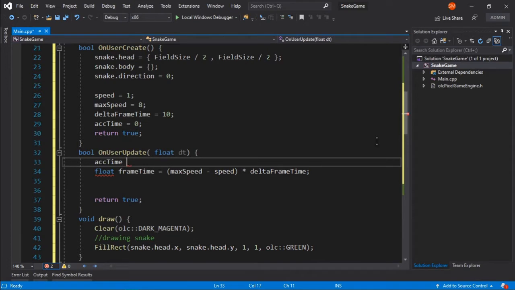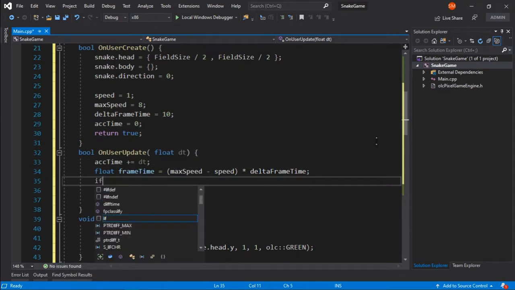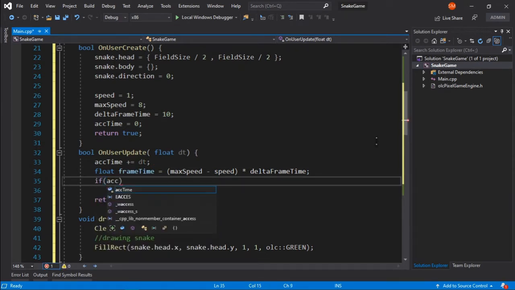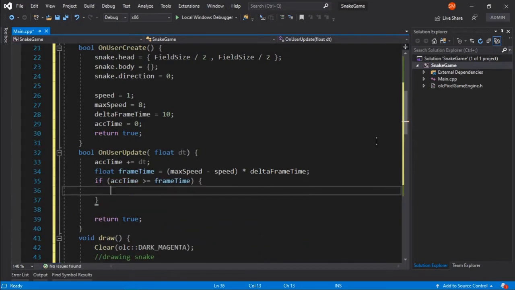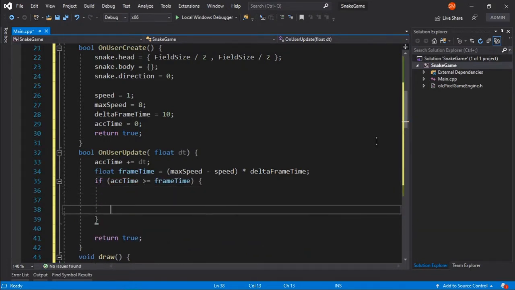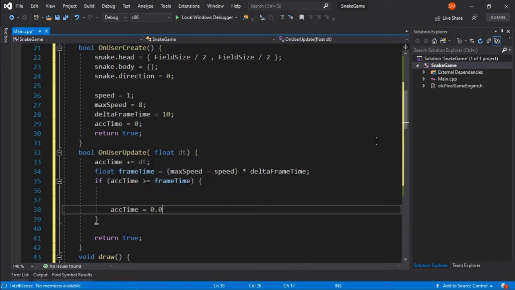So accumulated time plus equals our delta time, and then we'll simply check if our accumulated time is greater than or equal to our frame time, and if so, then we will perform our logic, and at the end we will set accumulated time to 0 once again.